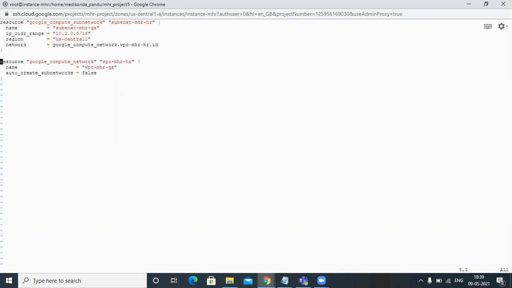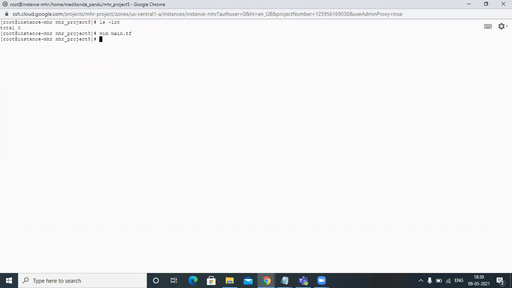Okay. This block belongs to how to create the VPC, and this block belongs to how to create the subnet. And here the main part is we have to link where we need to create our subnet. Here the subnet I need to create in this VPC. So that's why I have to mention VPC here. Okay, this VPC is created. This VPC is global, but a subnet is regional. That's why I need to mention the region here.